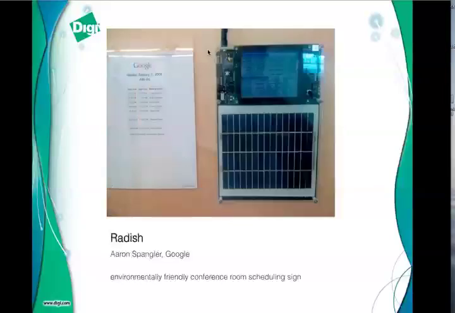Radish was a device created by Aaron Spangler at Google, and it's an environmentally friendly conference room scheduling sign. You can see its predecessor, the paper sign, right next to it. And the idea here was to remove the need for paper signs and constantly reprinting paper signs. As you can imagine at Google, they have plenty of conference rooms, and so they go through reams and reams of paper, even in a morning, and replace it with a device that would receive the conference room information wirelessly,